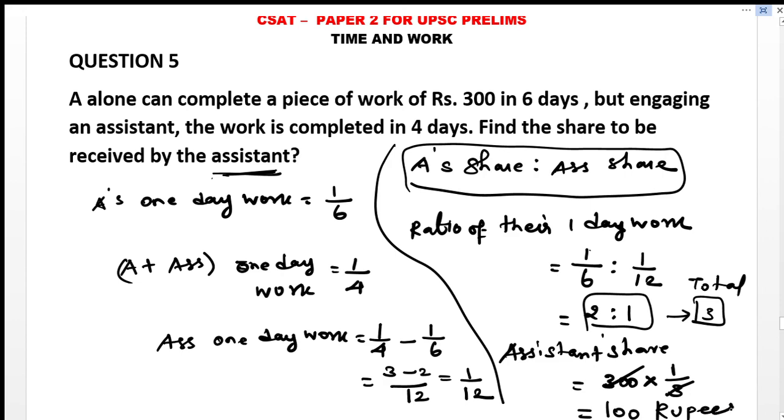Therefore, this is the answer for this question. See, for example, if it is A share, then automatically total is 300 minus 100. Therefore, A share is 200. Okay, hope